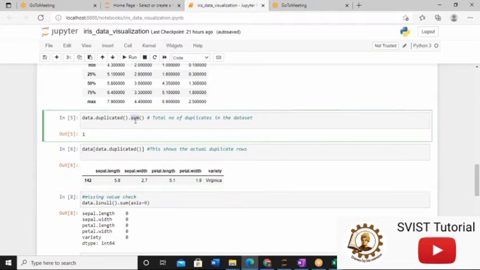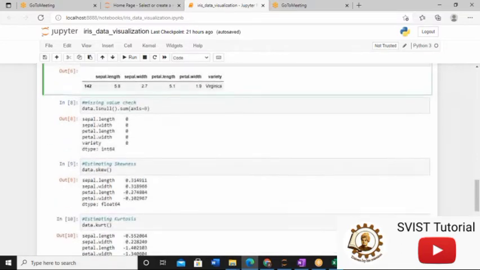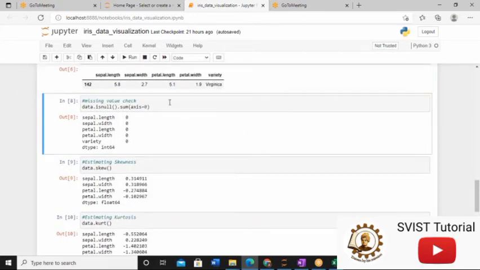Okay, so this is how you can identify the duplicate value number, how many values are there, and this is how you can identify the row. But what to do with this value? Here my suggestion is, do not tamper with the values of the original data set. Keep it as it is. So now there is one question: does there exist any missing value in my data set? Now we will talk about the missing value.